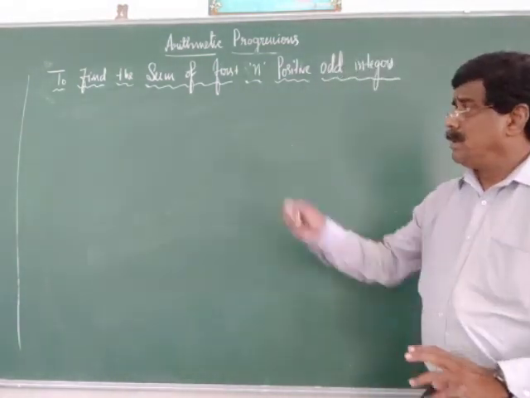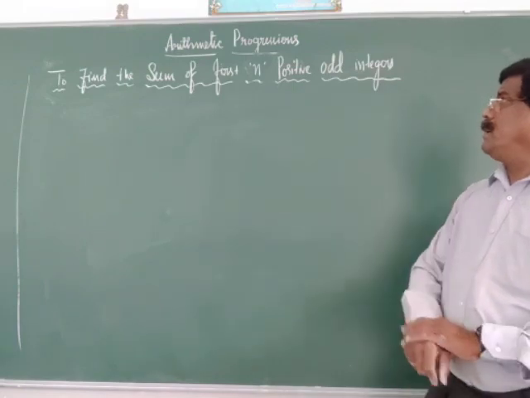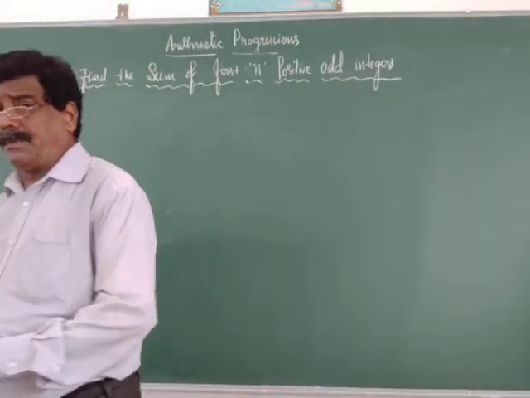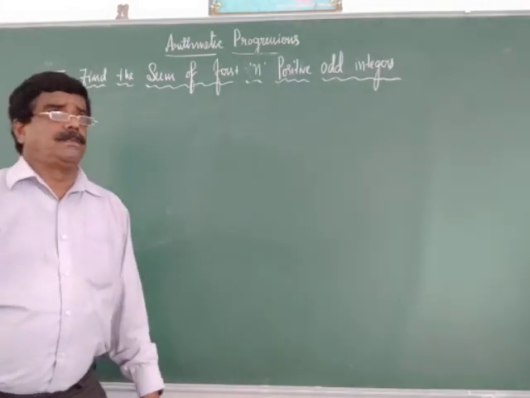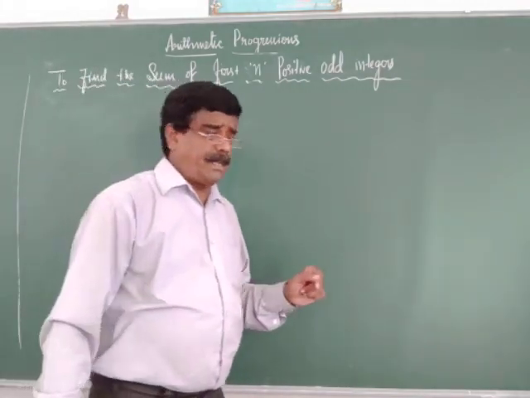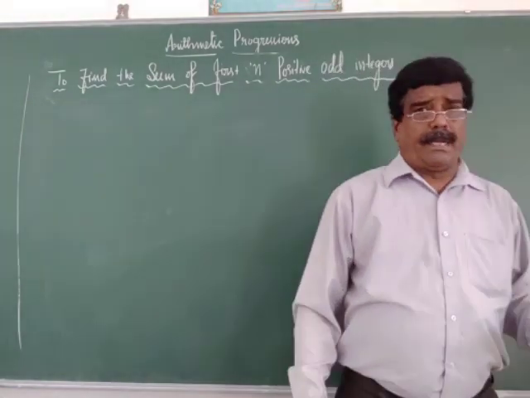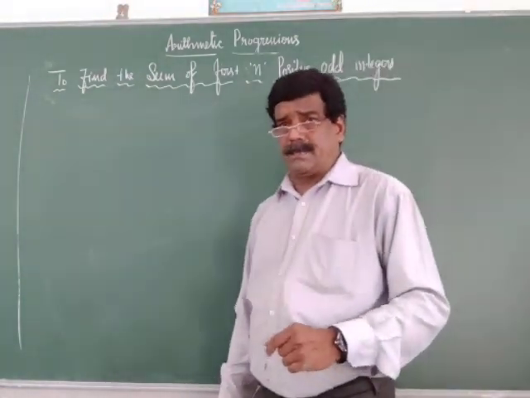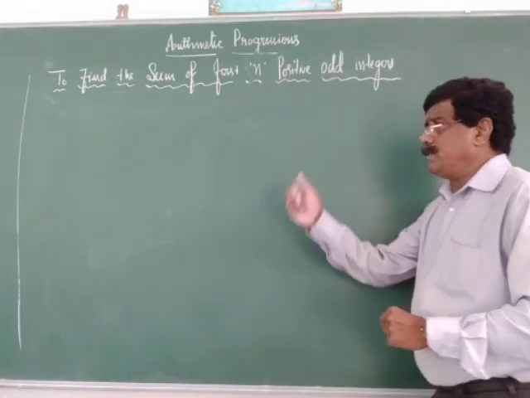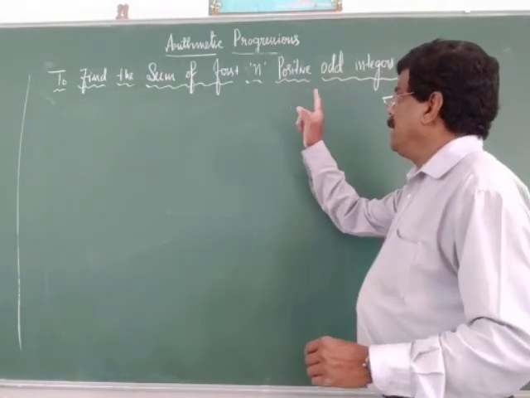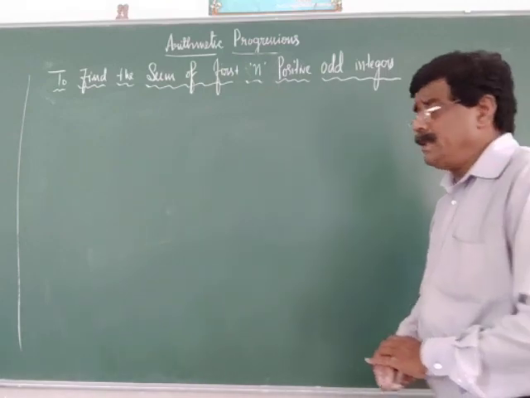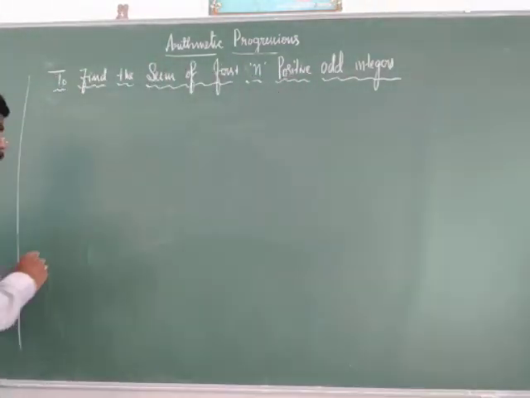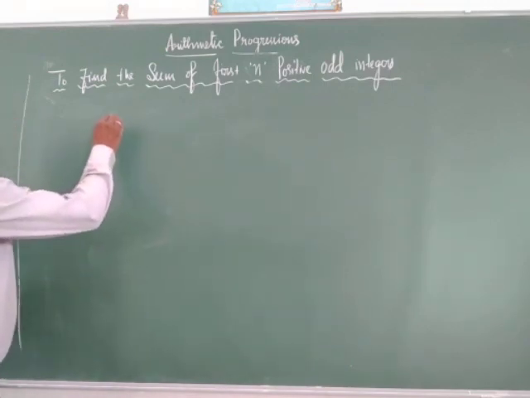That is to find the sum of first n positive odd integers. In the previous concept, we have covered the sum of first n natural numbers, and then we covered the sum of first n even integers. Now we are returning to the sum of first n positive odd integers. So you must be knowing the positive odd integers means the Sn